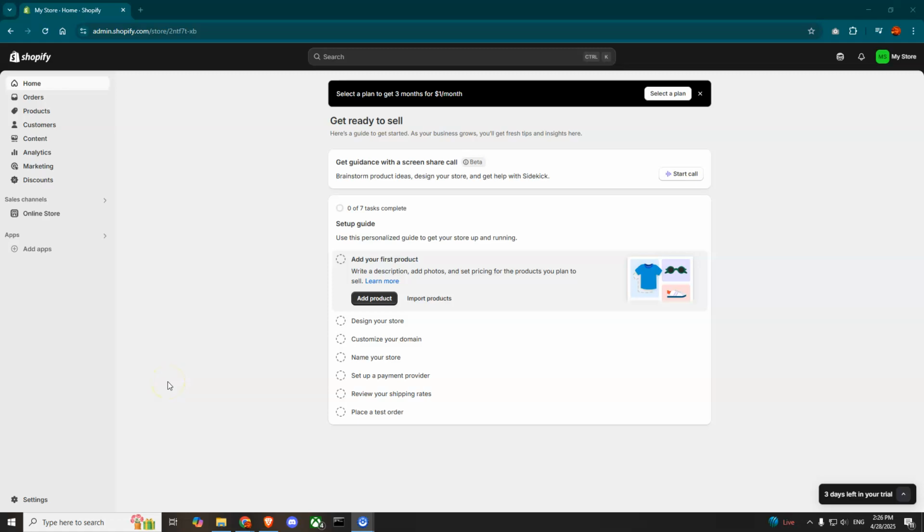Hello guys, so today I'm going to show you how you can change your Shopify currency to USD. So for that you'll need to go to shopify.com and log in with your account, and from the home page what you'll have to do is press the settings button at the bottom left corner, and then